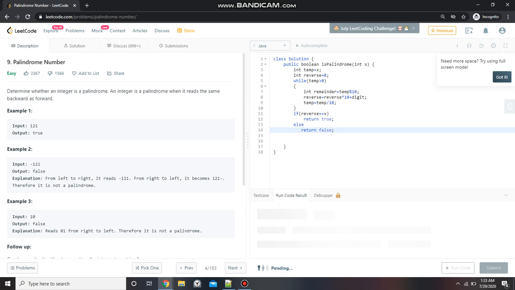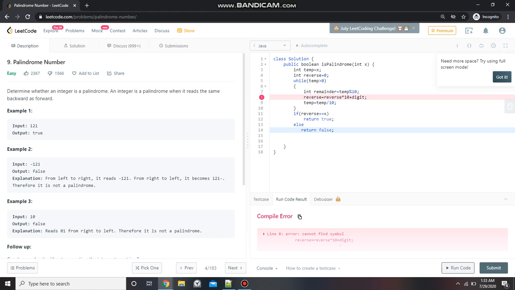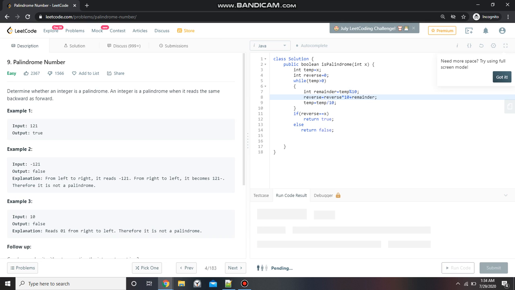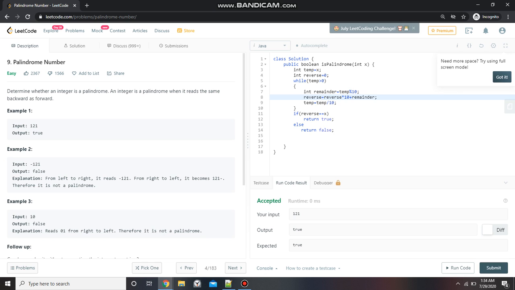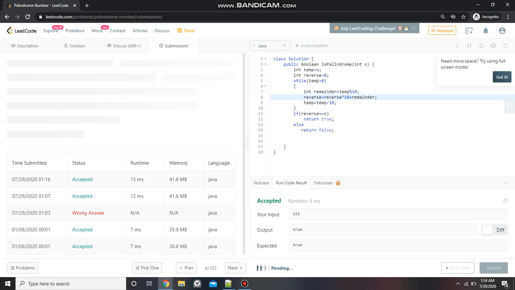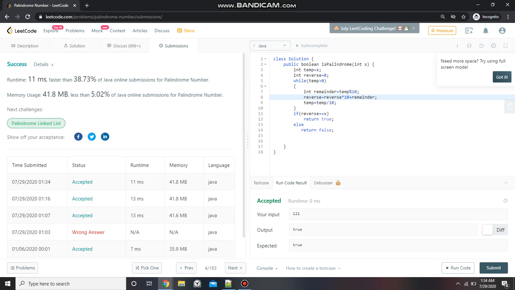Now let's check the output. Oh, my bad. I should have written remainder over here. Accepted. Now we submit this. Yes, our code is submitted.